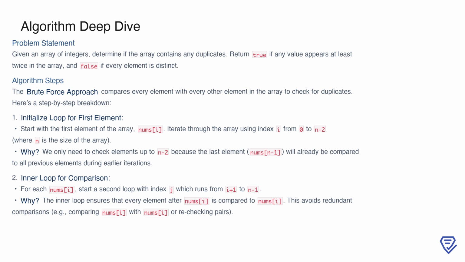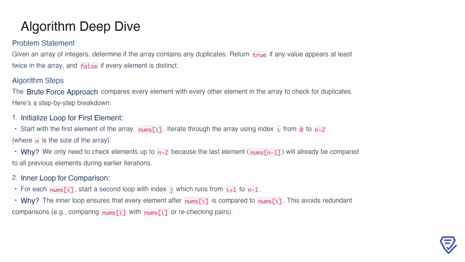First, we initialize an outer loop, starting with the first element, nums[i]. This loop runs from index 0 to n-2, where n is the length of the array. We stop at n-2 because the last element will have already been compared to all prior elements during earlier iterations. The purpose of this loop is to ensure that every element in the array has a chance to be compared